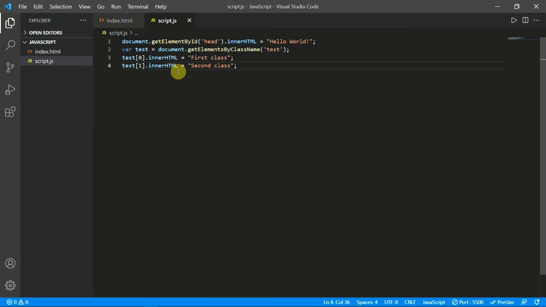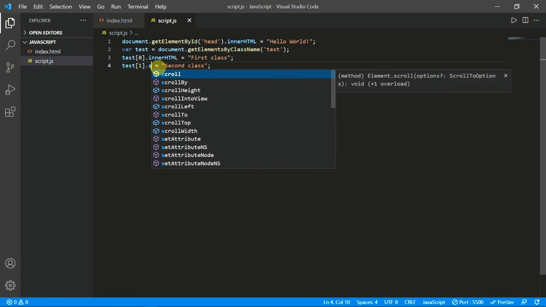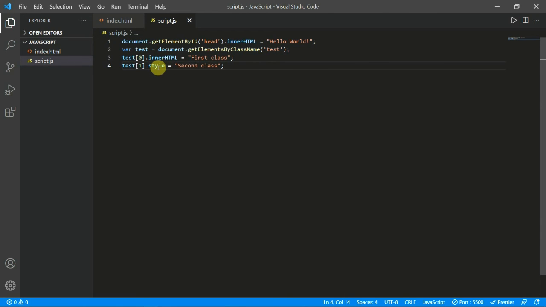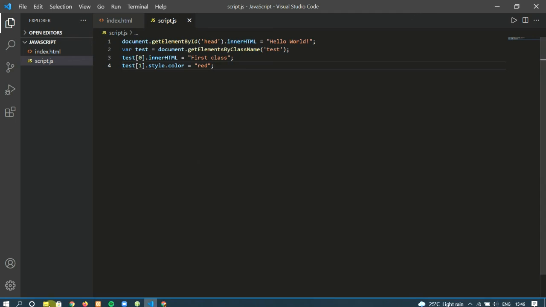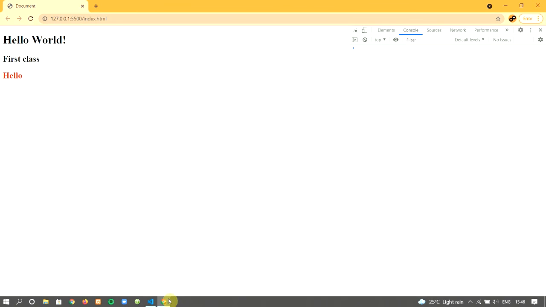You can manipulate not only using innerHTML, you can just give a value here, hello, and then let me just say style dot color equal to red, and then just see here we got the hello in red color which was changed by JavaScript.